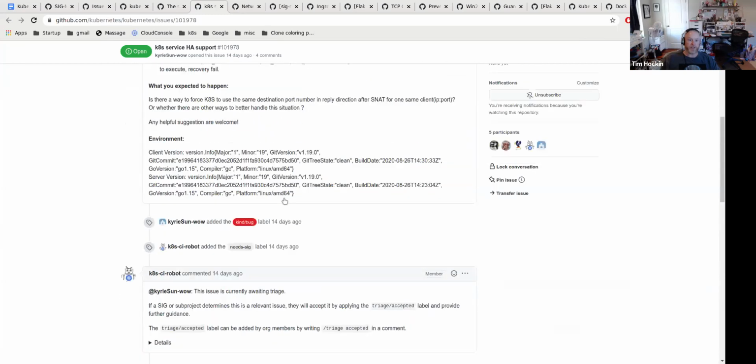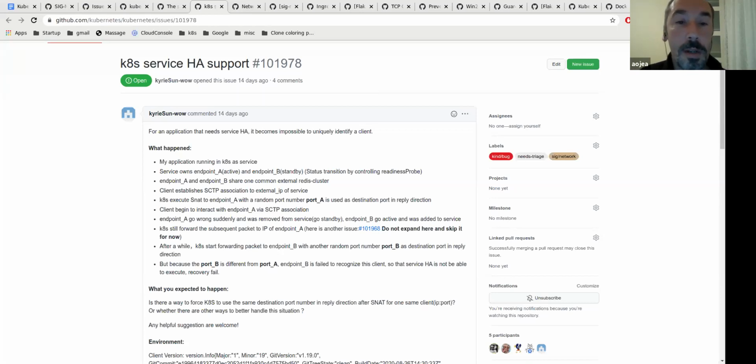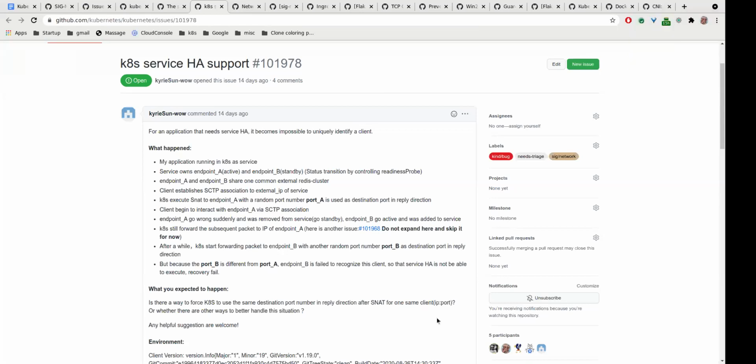But they said even when it eventually does go to the other backend, they would like to use the same source port, but that's SCTP specific. That wouldn't work on TCP anyway, right? Because there's no connection. I didn't go so deep, but what I'm saying is that I'm starting to see this trend of people deploying services this way, and this is not the first issue related to this deployment and how conntrack works.